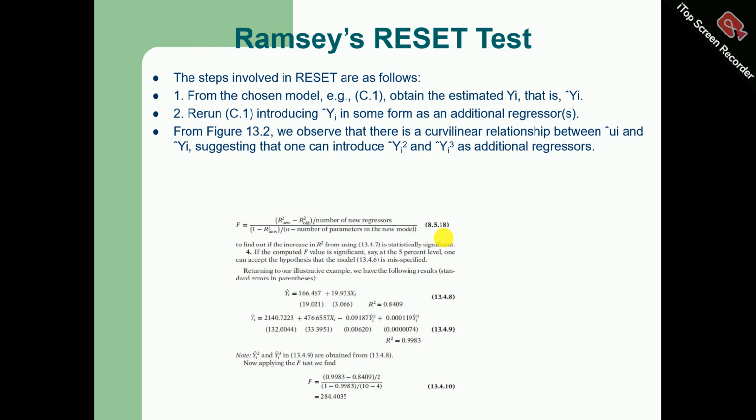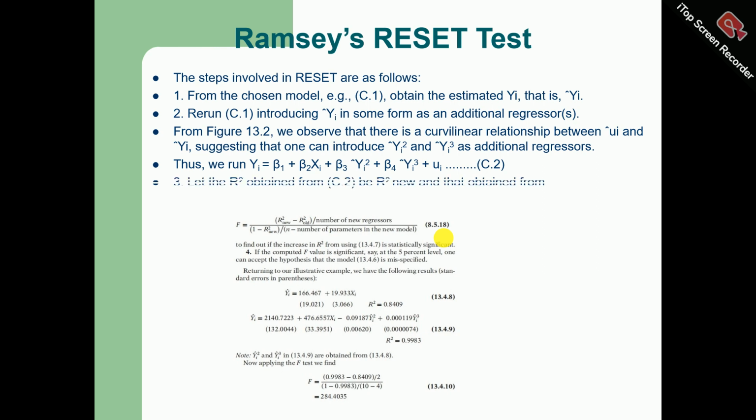From figure 13.2, which will be shown to you in the next slide, we observe that there is a curvilinear relationship between ui hat and yi hat, suggesting that one can introduce yi hat square and yi hat cube as additional regressors. Thus, we run the following regression in which we use yi hat square and yi hat cube,